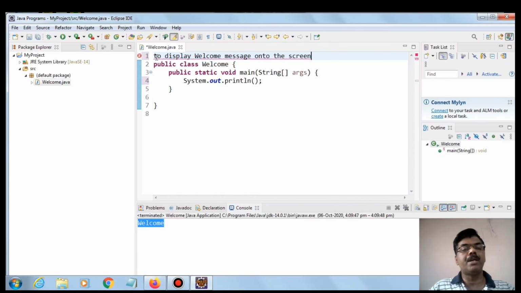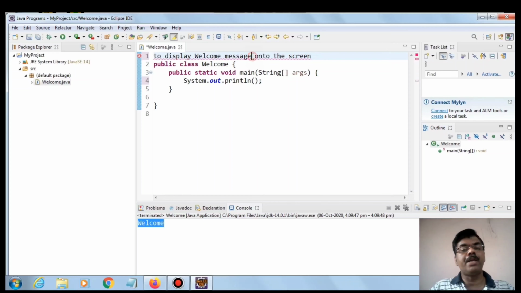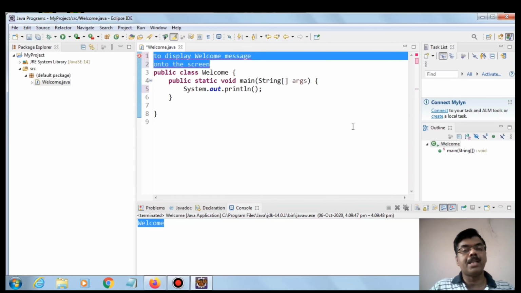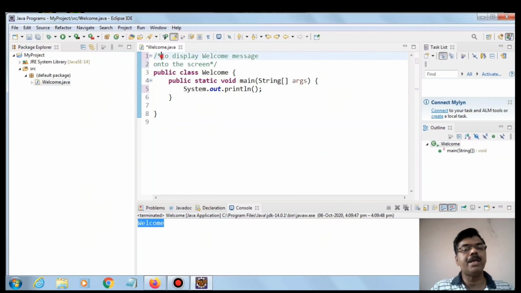we want to go with a single line comment, meaning the shortcut to go with a single line comment is Control slash, which is going to create a single line comment, two slashes. If you want to go with a multi-line comment, select the lines which you want to comment, and the keyboard shortcut to go for a multi-line comment is Ctrl Shift Slash, which goes with a multi-line comment, slash star and end with again star slash. So that's about in this video about Eclipse IDE and how to develop a Java application using Eclipse